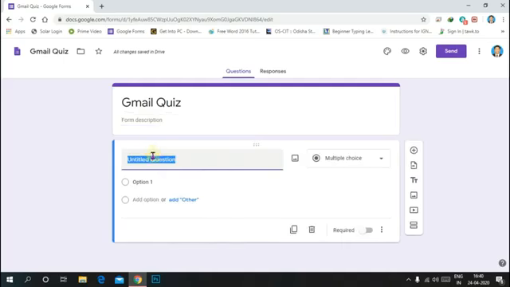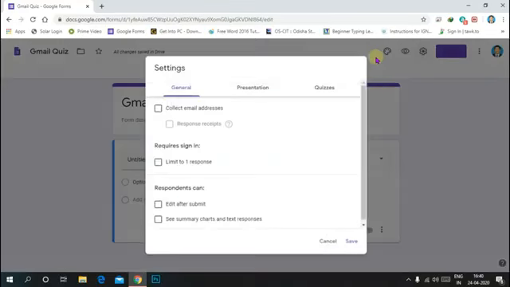You need to type your question and options, but before typing the question, go to the settings option. In the settings dialog box, there are three tabs: General, Presentation, Quizzes. In the Quizzes tab, select the checkbox to collect email addresses.